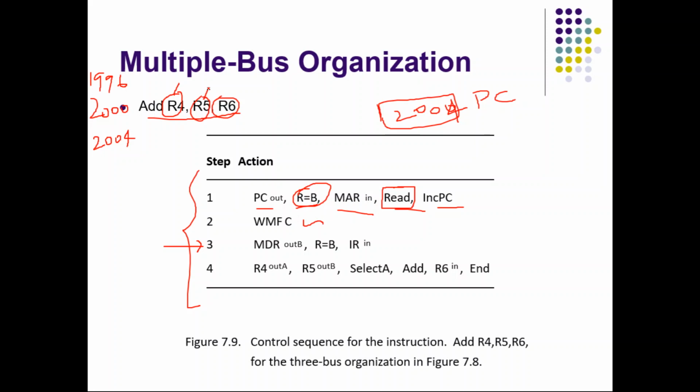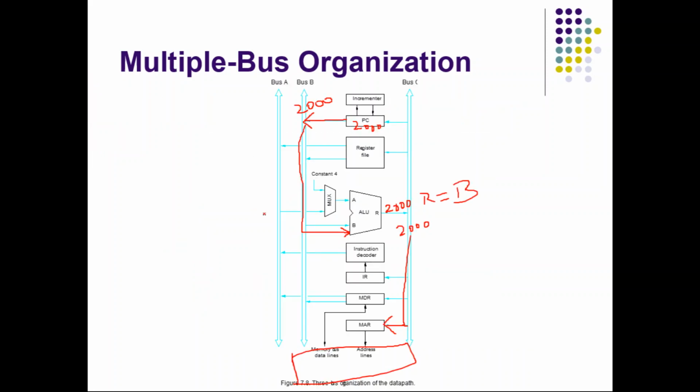Okay, so what you can do, you can move R4 to... so first we have to decode the instruction, right? First we have to fetch the instruction. Even fetch we are not completed, so after that only you can go here. So first, by this time the instruction will be available in MDR, so we are saying MDR out B, because MDR is connected with the instruction read, and it will now be available in MDR, whatever the instruction, add R4 R5 R6.